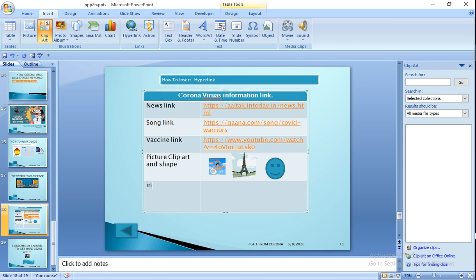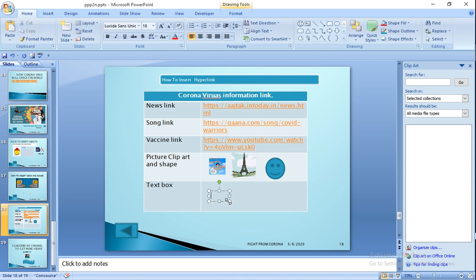Now insert text box, header, footer, and text box you insert this way. Press here and come here. In this you can write welcome. This way you can insert your text.